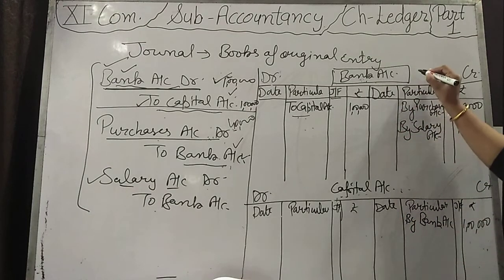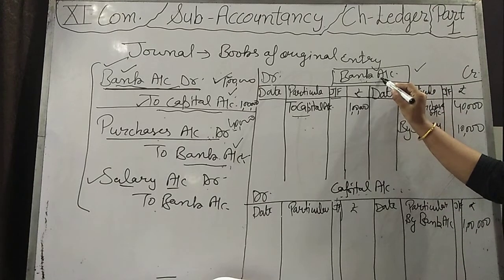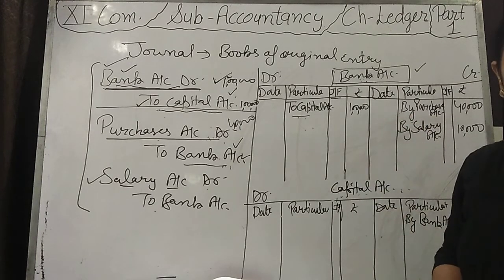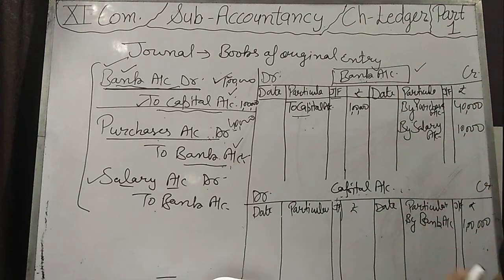What happens from this is that at the end of the month we will come to know how much balance we are having in our bank account. Okay, it will not be known like this. At the end of the month we will close the account to know the balance. How will we close the account? For the closing, first of all we will do the total of both sides.